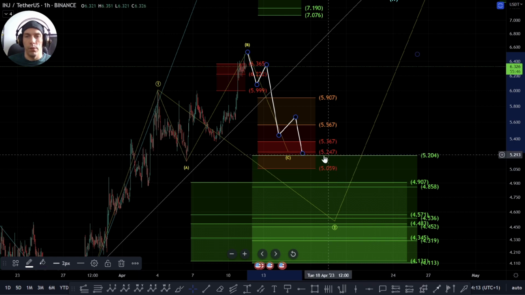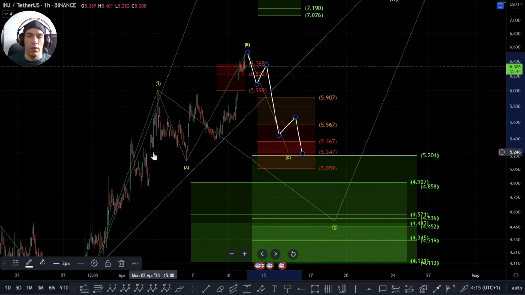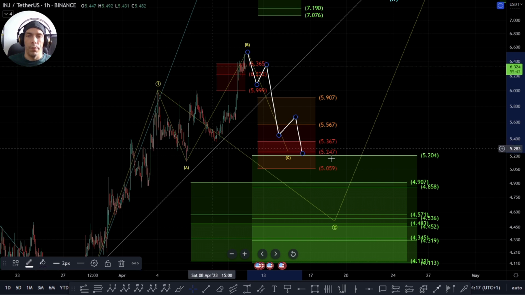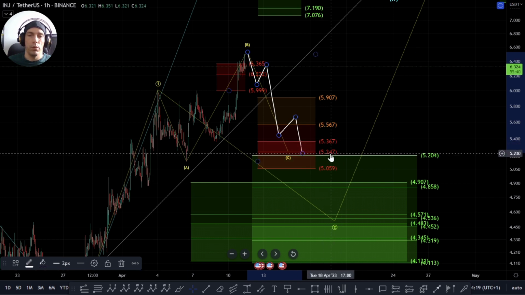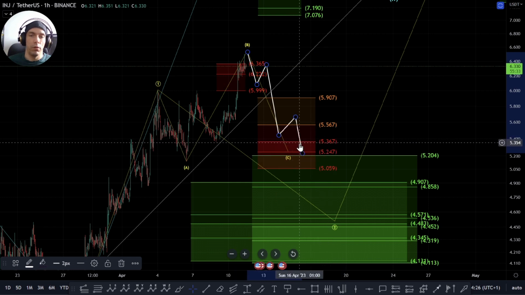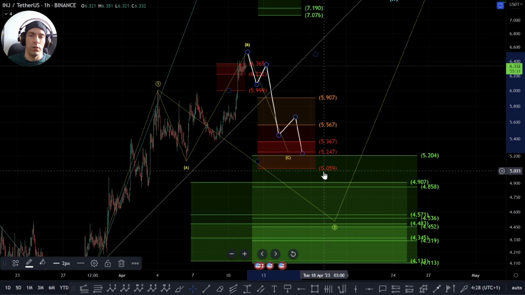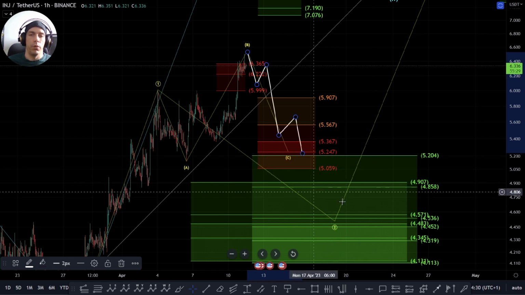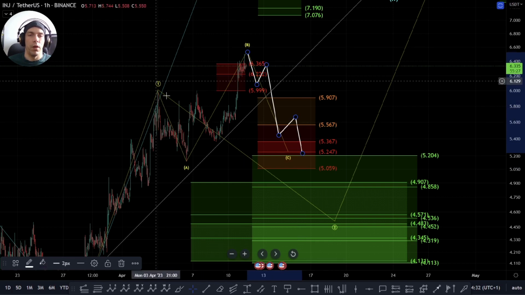Areas of interest would be this 524. Obviously, that would be a retest of these lows here. That would be a 1.382 of this A wave. The alternative zone would be up here, this 536. This would be a 1.236, and then finally down here towards this $5.05 would be a 1.618 of this A